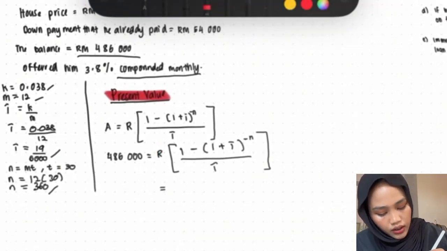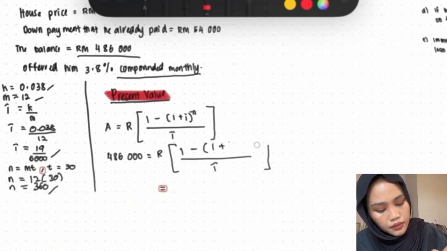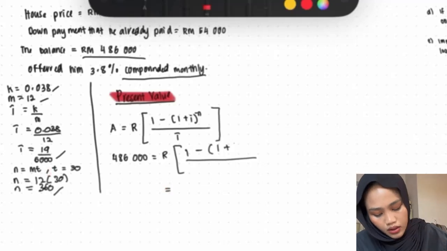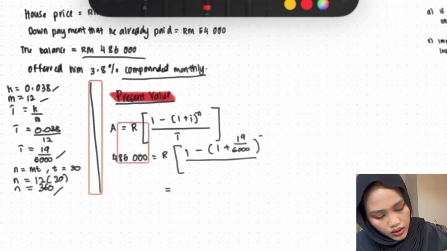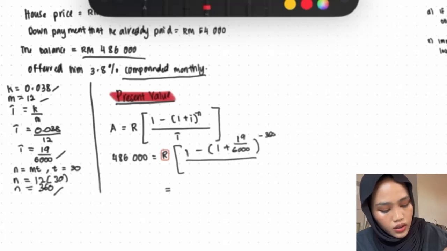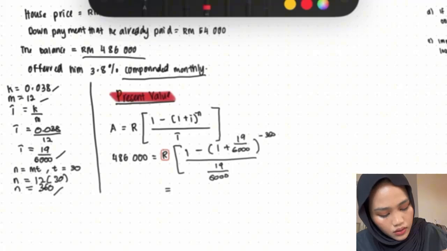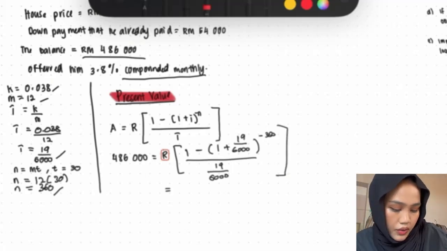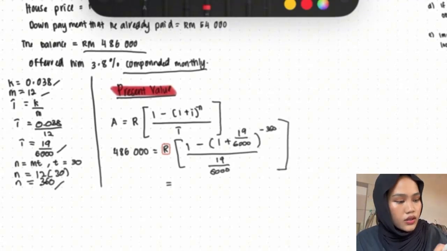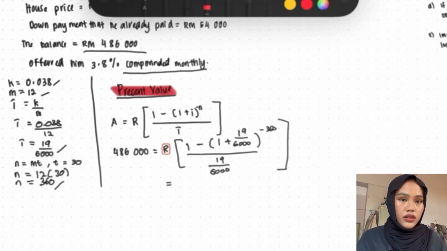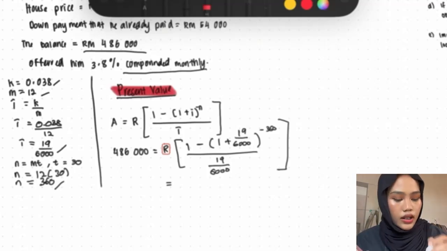So our I is, sorry, let me do it again. Here our I is 90 over 6,000. Close the bracket, negative N, negative 360 over by 90. Close the bracket. Alright. So after using a solve function on your calculator, we get R is